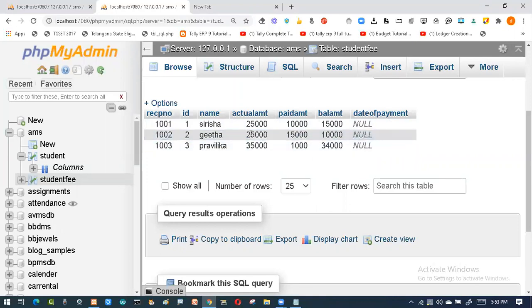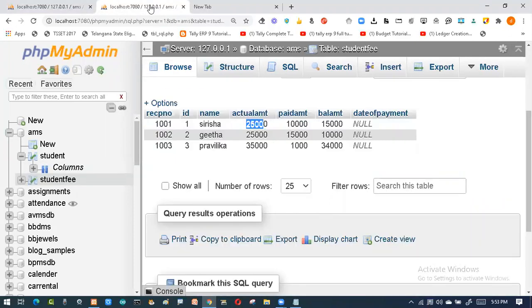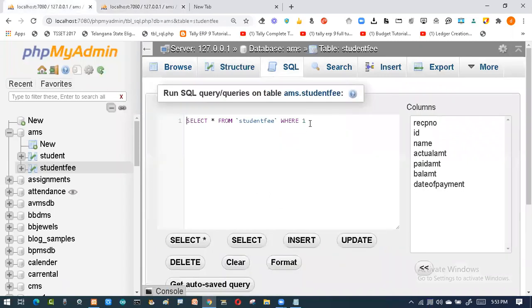Now if you say that for the regular and the computer science course, all should be the same, then how will I do it? Again I'll go for an update, because I want to make the changes to these persons. I won't do it individually. So what I'll do is a conditional update. I'll say update.